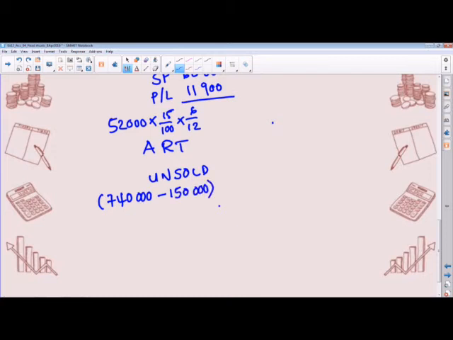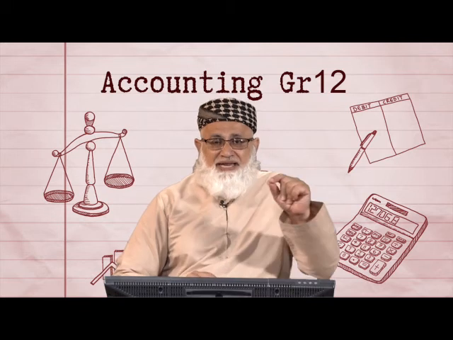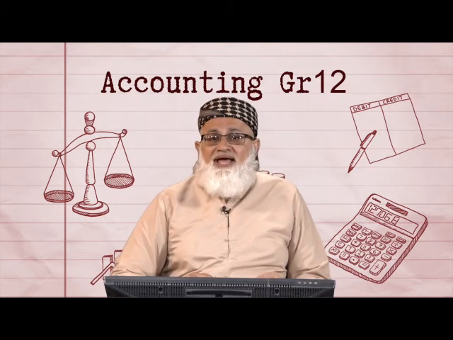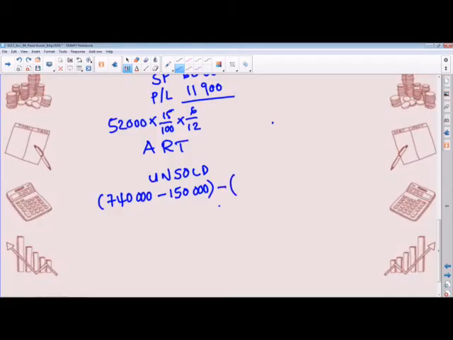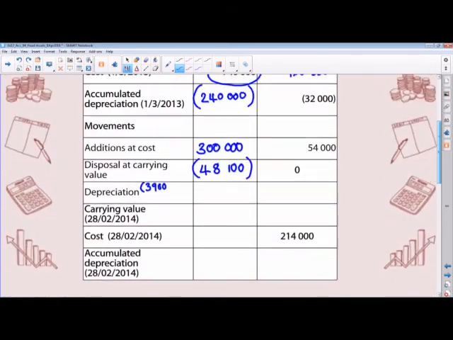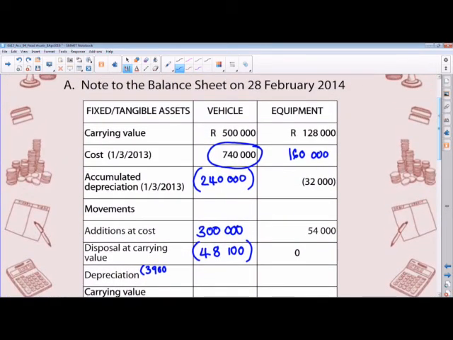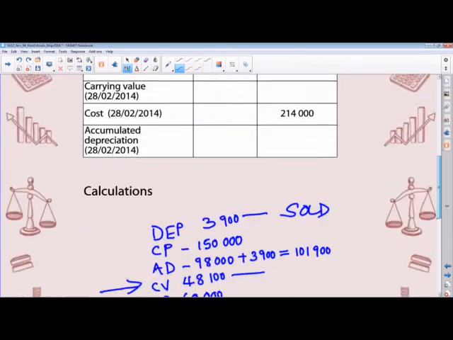Clear? And very, very, very important. What was the method of depreciation that I'm using for vehicles? It was my carrying value. Therefore, you'll need your second bracket. And your second bracket would be the accumulated depreciation. Watch, opening balance, 240,000. Therefore,